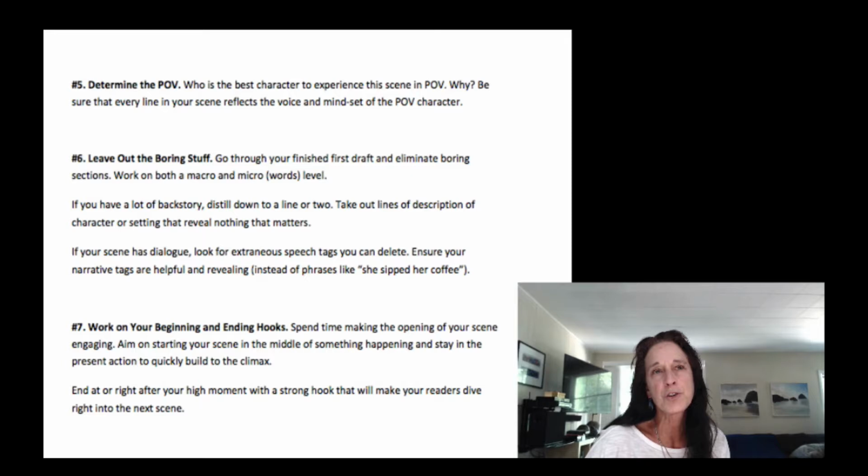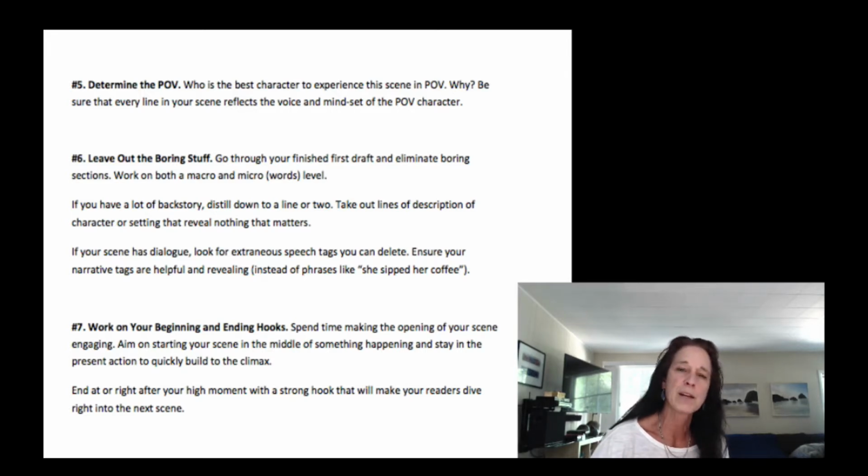Again, if you start a scene knowing where your high moment is, what's important, what the purpose of your scene is, that this is going to be an important scene, serves a purpose, you know your high moment, you go back 20 minutes, start the scene in the middle of action, you build and build and build with obstacles or twists or complications or inner and outer conflict. You're not going to have too much boring stuff, right? First of all, you don't have time to put in too much boring stuff.